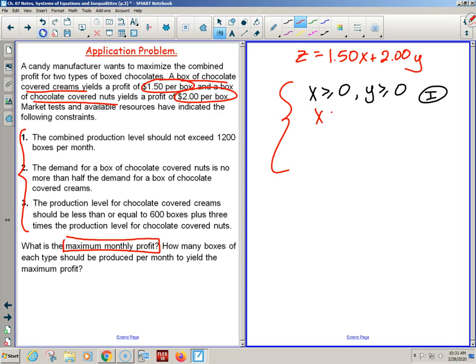Combined production level, that means that all the boxes of X and all the boxes of Y need to be less than or equal to 1,200. Can't go above that. The demand for a box of chocolate covered nuts is no more than, so this guy, no more than